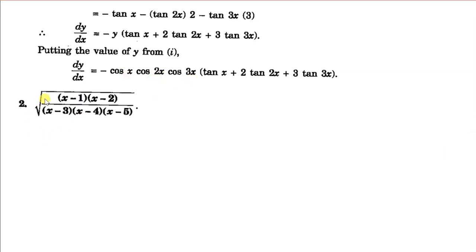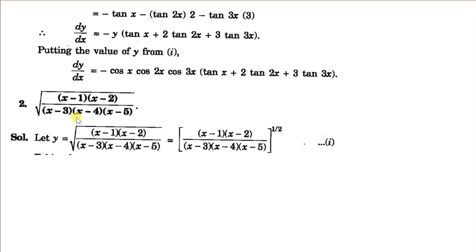Next one is under root of x minus 1 x minus 2 divided by x minus 3. Here it is a complicated function, so we can use log to differentiate it. We can write it as power half by removing this under root sign. So taking log, y is equal to half